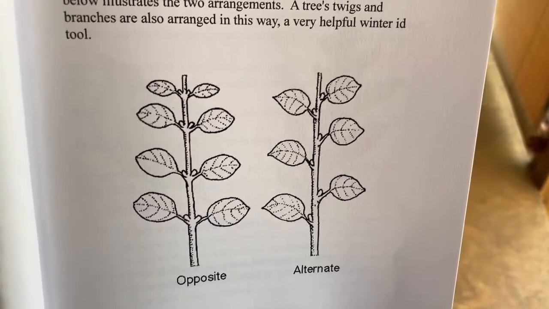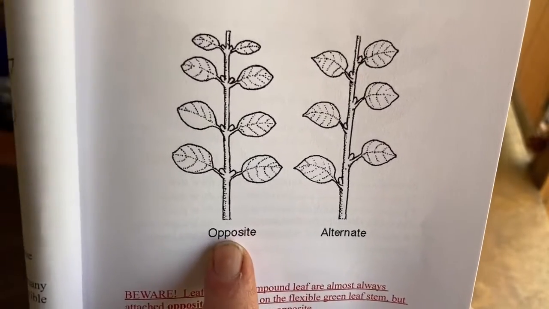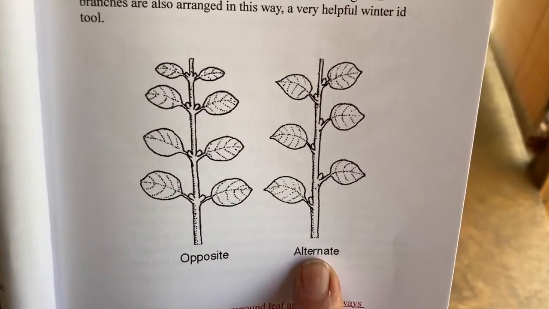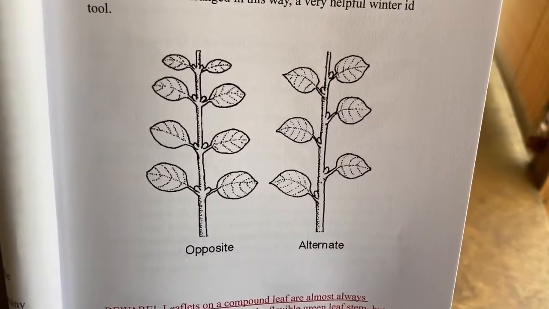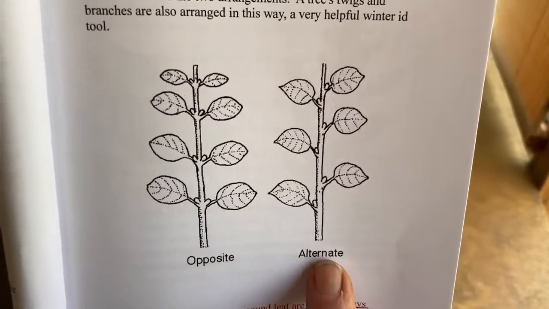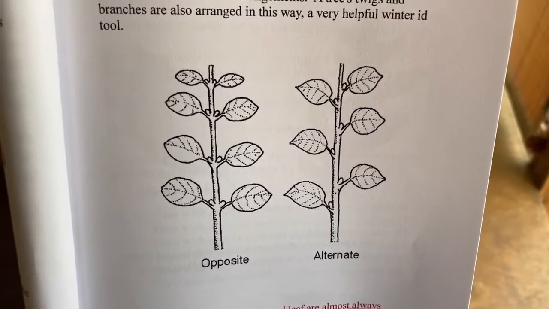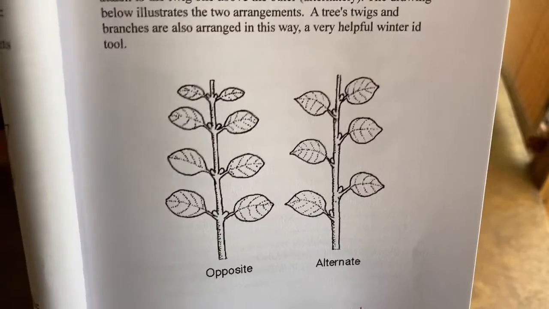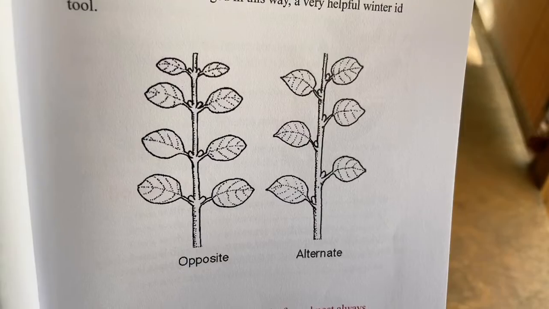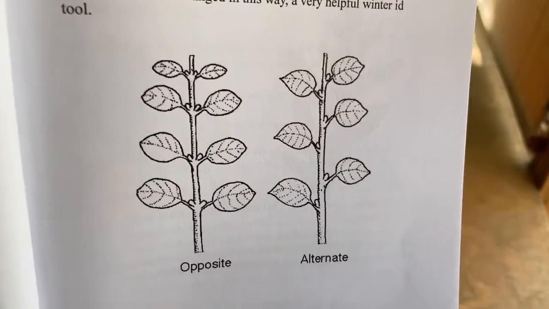As an example, all maples have leaves that are opposite. All oaks have leaves that are alternate. All ash trees have leaves that are opposite. All hickory trees have leaves that are alternate. So that's our first tool, opposite versus alternate. And you know a couple of things about opposite versus alternate, or alternate versus opposite, any way you want to say it, is that